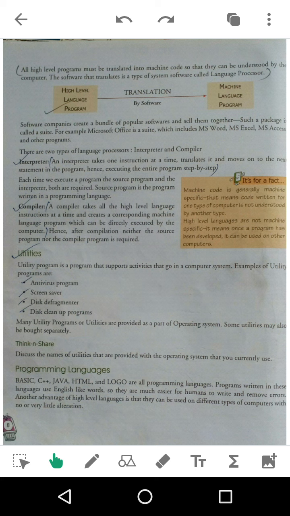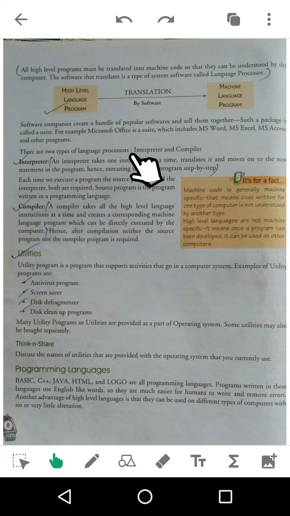So what you do, you make a list. Your father or your mother makes a list, and according to it they buy stuff. Suppose sugar 1 kilo, mustard oil 1 packet, so they go through the list. The interpreter does the same: it takes one instruction at a time, translates it and moves to the next statement